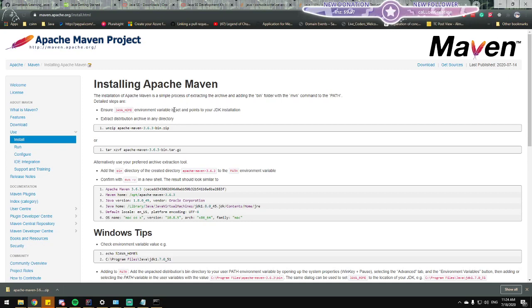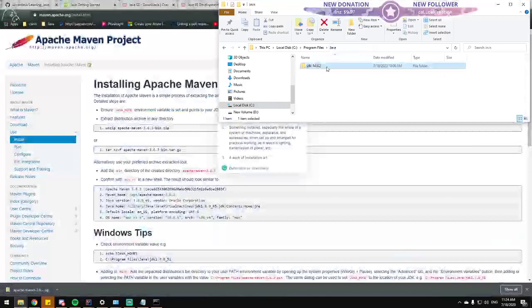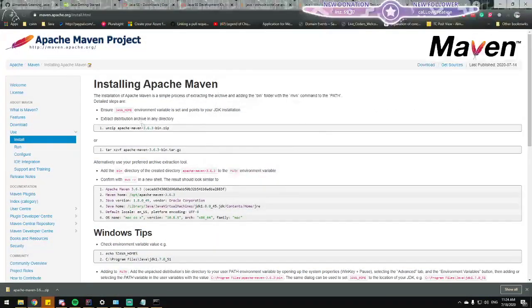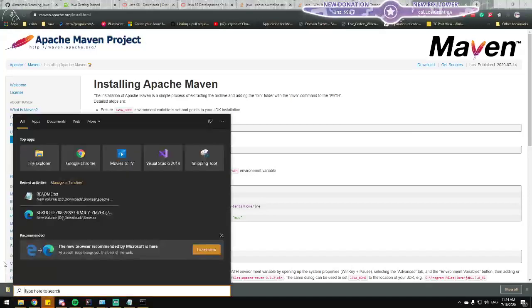Ensure the JAVA_HOME environment variable is set up and points to your JDK. It probably does not. My JDK installation, that probably means this one. How do I know if my JAVA_HOME variable is set up? Well, I do know how to check it. I don't know what the value should be.